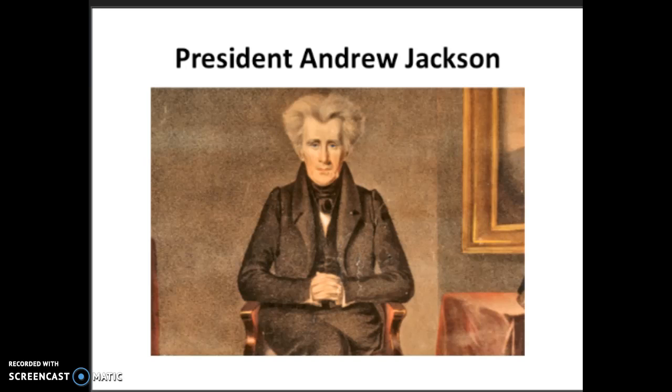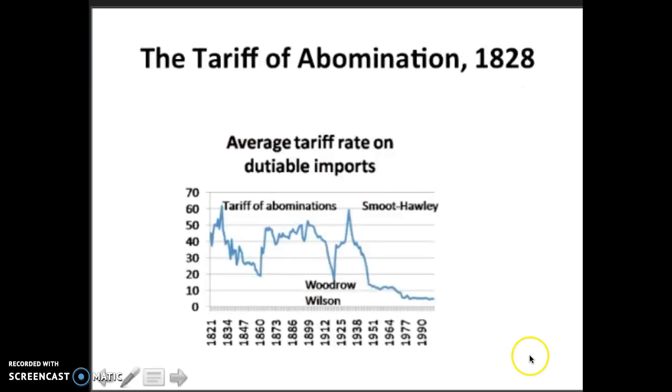Jackson believed that the government who governs the least governs best, and this was a view that Thomas Jefferson shared with him. So they had some similarities. Now, as president, he automatically comes into trouble because in 1828 we have what becomes known as the Tariff of Abomination. This is a chart that shows the tariffs, and recall tariffs are taxes on goods coming from foreign countries. And notice the tariff of 1828 more or less here, right there, the Tariff of Abomination